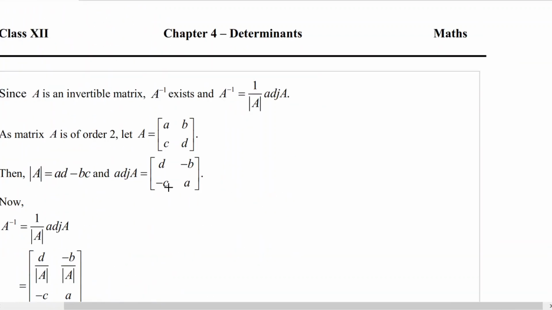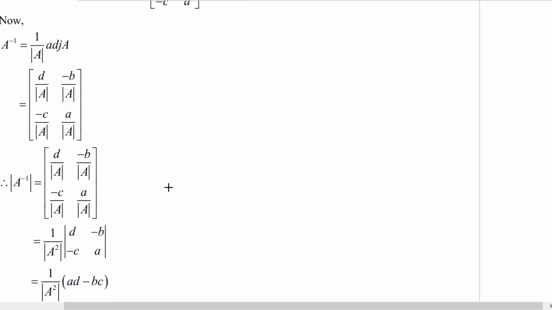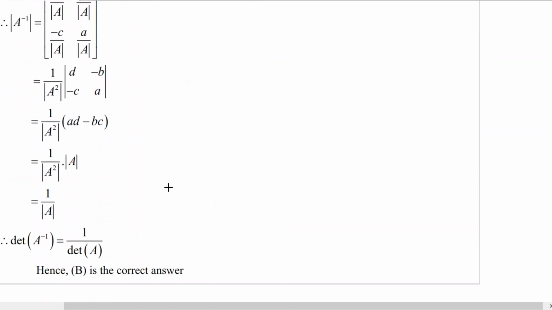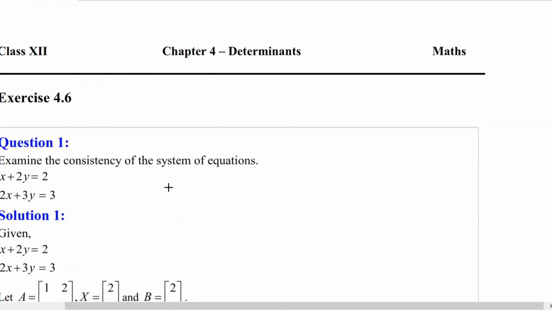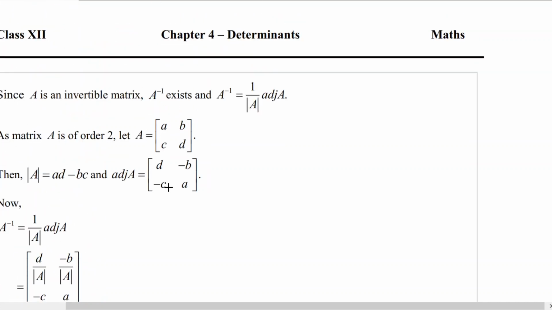Okay, so yes, 1 upon determinant A. I guess the exercise is over. Very lengthy exercise, but very important as well. Kindly write everything, and learn everything properly. If any doubt,